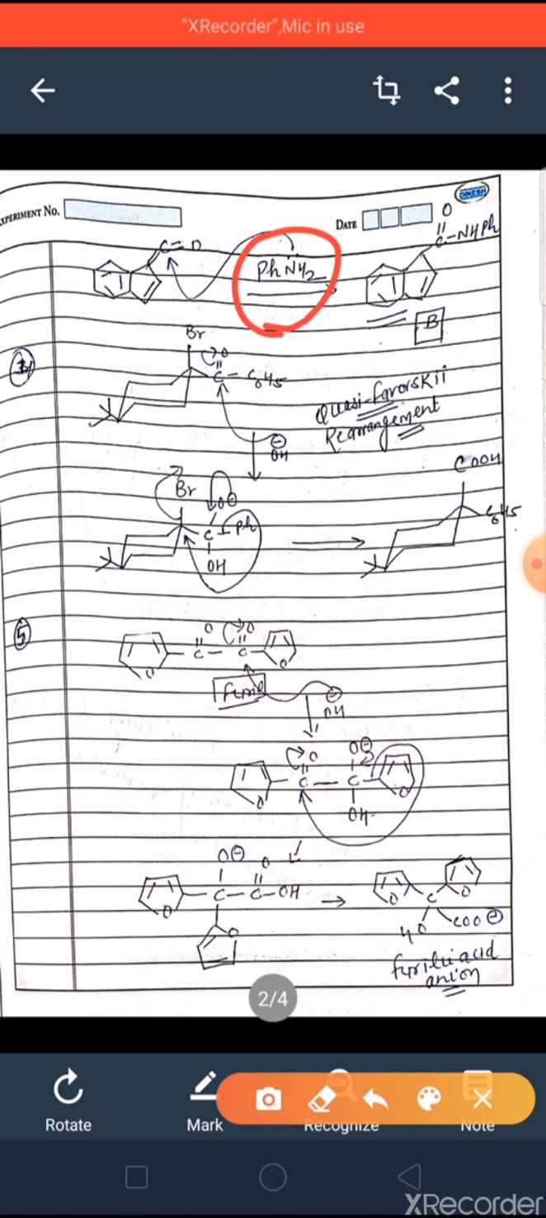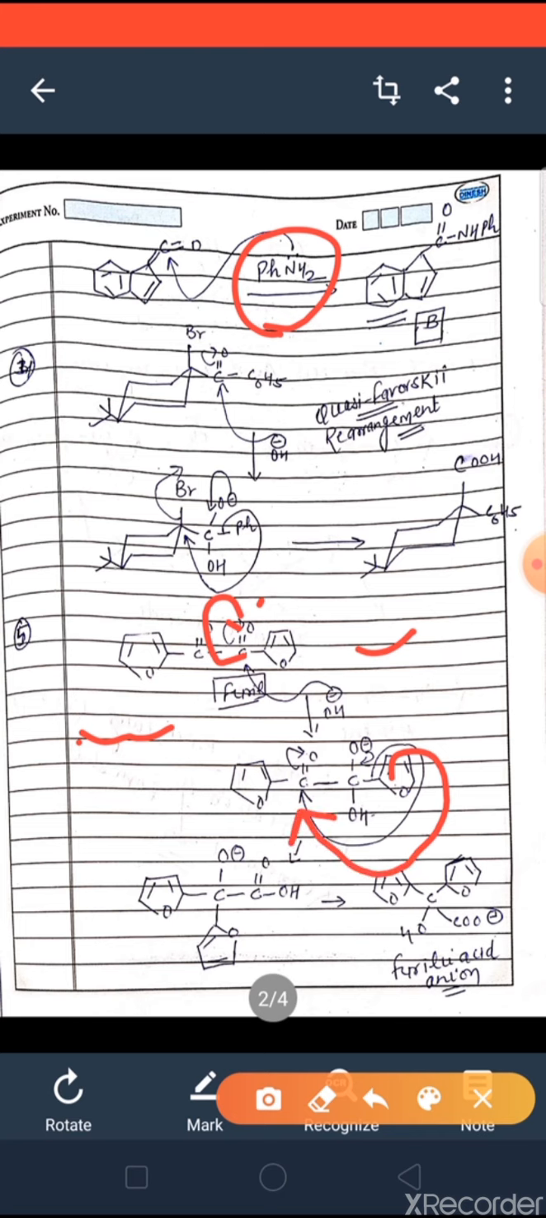Now come to the next reaction. This is a case in which benzilic acid rearrangement will happen. The substrate is furil, and this furil will get converted into furilic acid with formation of the furilic acid anion. The OH negative will first attack the carbonyl carbon, and when it attacks, the bond will migrate to oxygen. When the bond migrates to this oxygen, O negative will be formed, and from this the ring will get shifted to this particular carbonyl carbon,